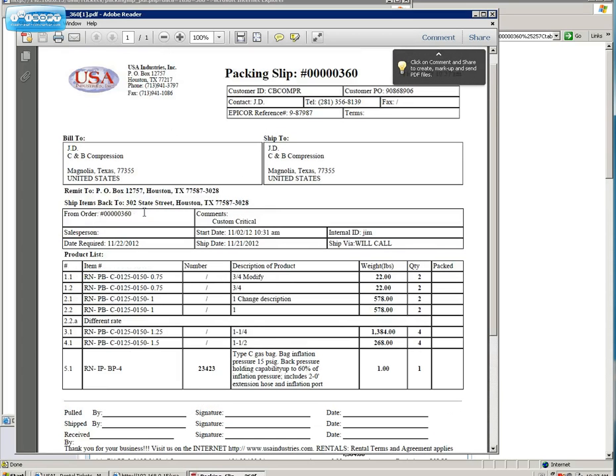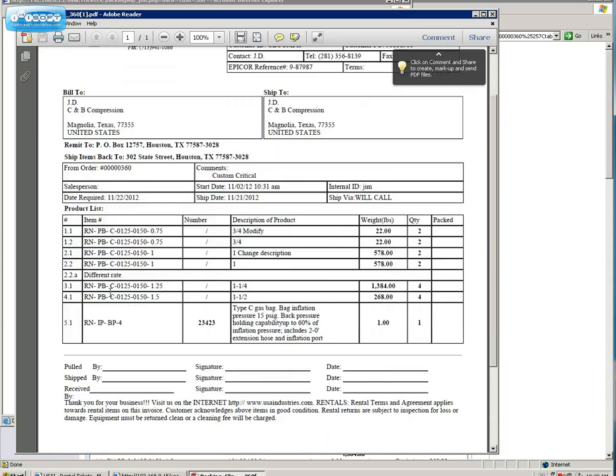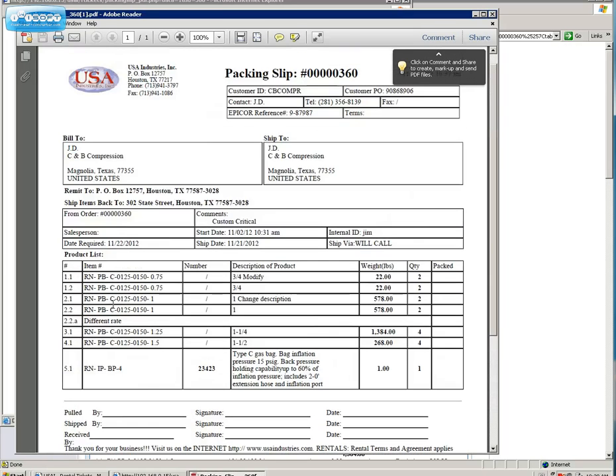Here's the rental sales order number. There's my comments before that I put custom critical. The other notes, internal hotshot, did not appear. Here's my PO number that I generated. There's my Epicor number. I didn't fill in my terms, I don't think, and also I didn't select the salesperson. So those 2 items would be when we'd reset that. Right now the system